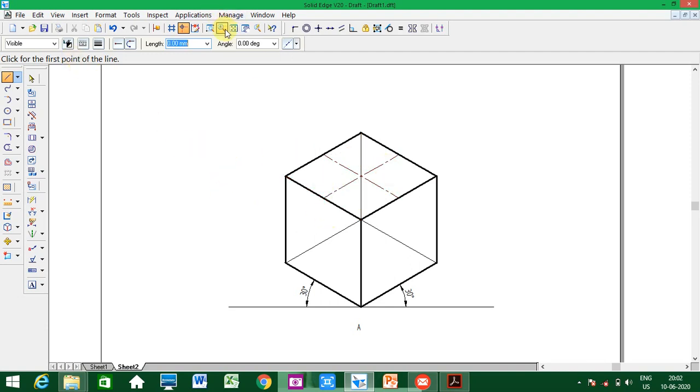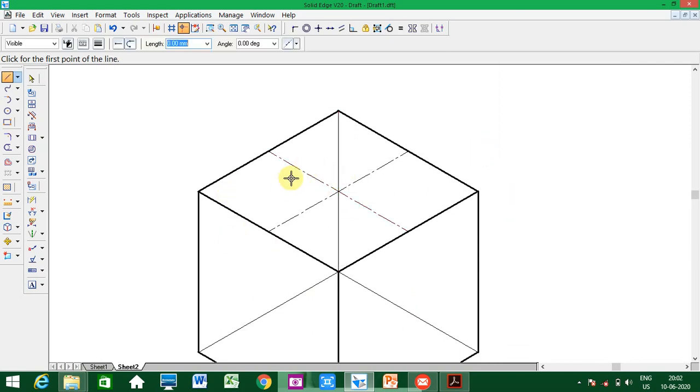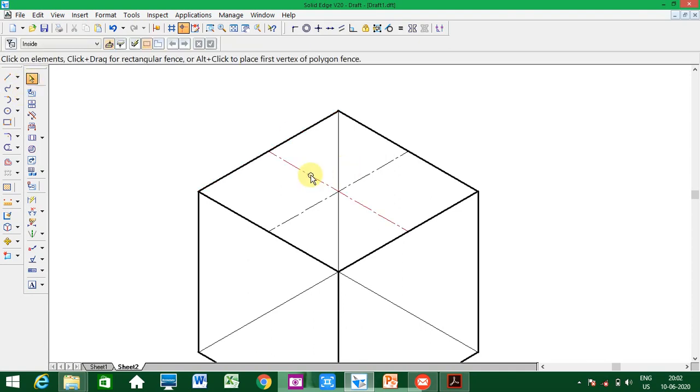I'll zoom once again on this portion because I have to explain clearly. Now here I'll take this particular line, and I create another line here. From here to here I take the base cone diameter. 30 means I have to mark 15 on this side and 15 on this side, correct? So manually you mark here.